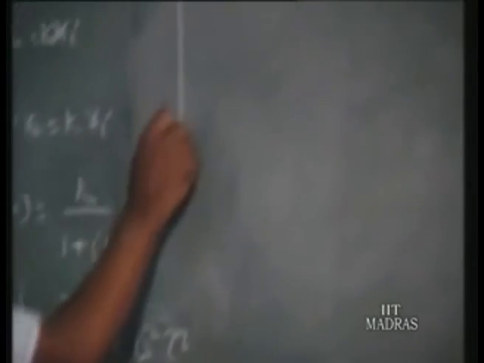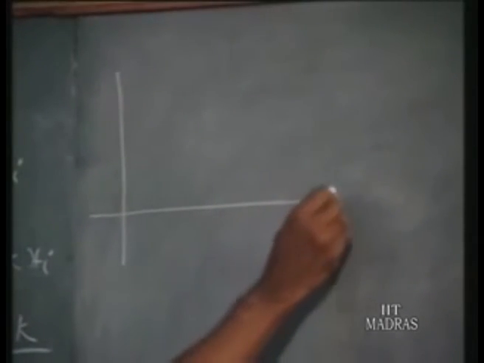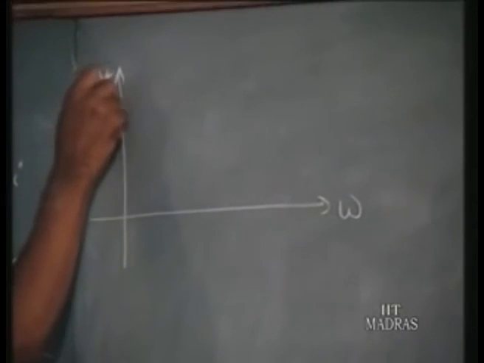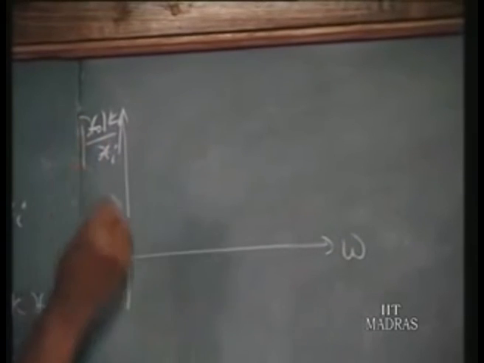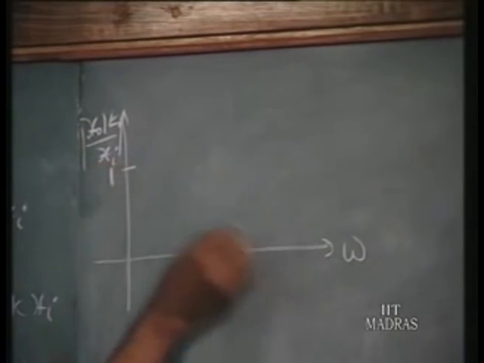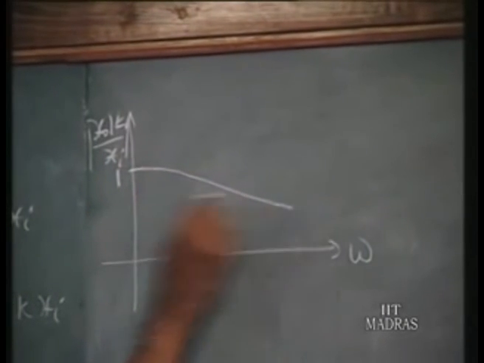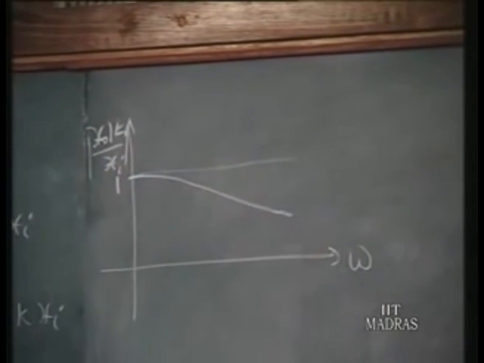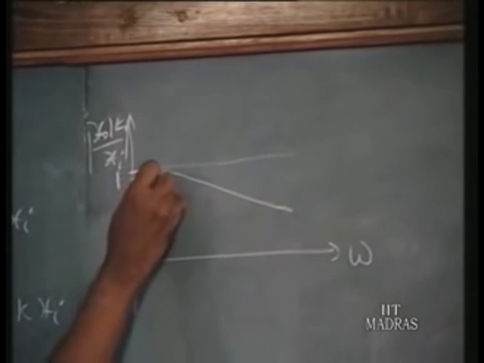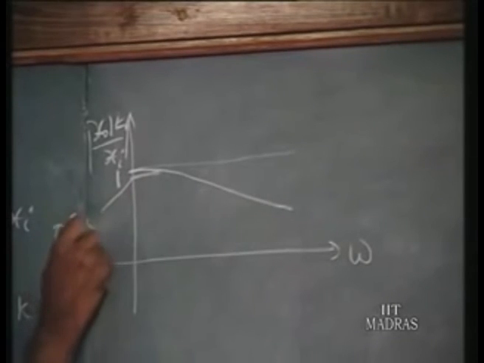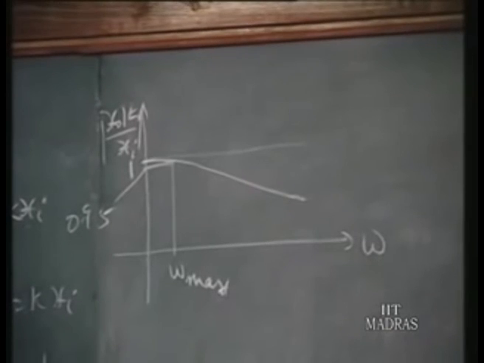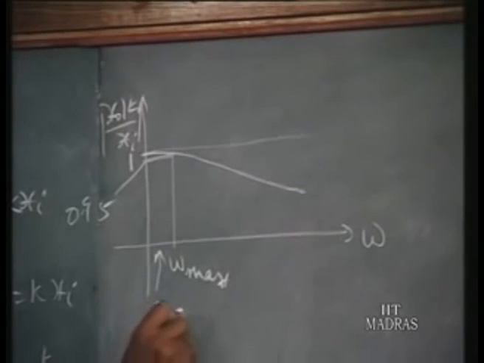If you plot the frequency response, that is omega, frequency, on the x axis, and xo by k by the mod of xi, we plot it, and that is supposed to be 1 always, but as omega increases it is drooping down. This is one ideal value. So if the error can be 5% error, this may be 0.95. So what is the omega maximum? That is how bandwidth is fixed for an instrument. This is the bandwidth of the instrument.